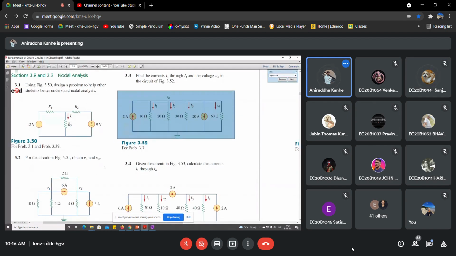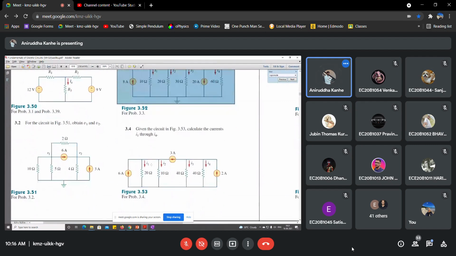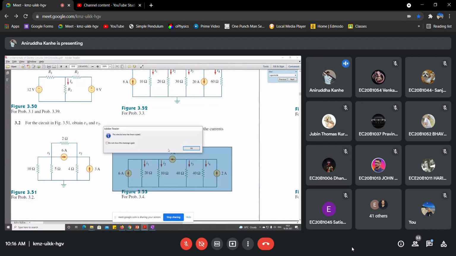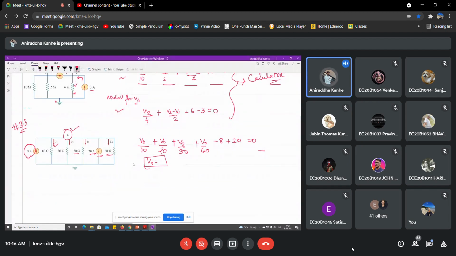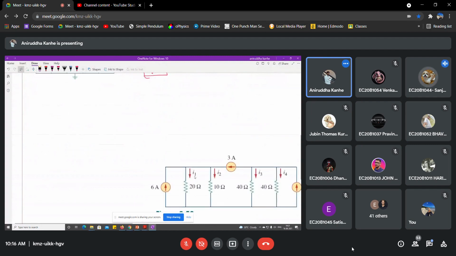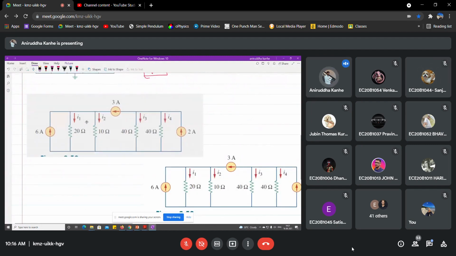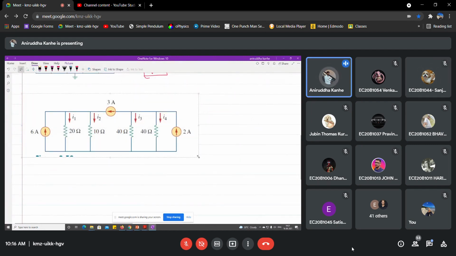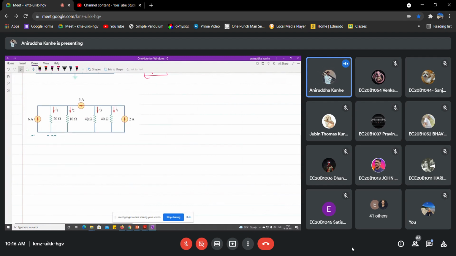Yes, sir. Shall we go for the next question? Yes, sir. Is it fine for network theory if we solve in this way? Yes, sir, it's fine. See, the only way to get command of network theory is to solve. Just keep on solving the questions, then only you will understand the importance of this. Because every question is different. You will find something new in each one.